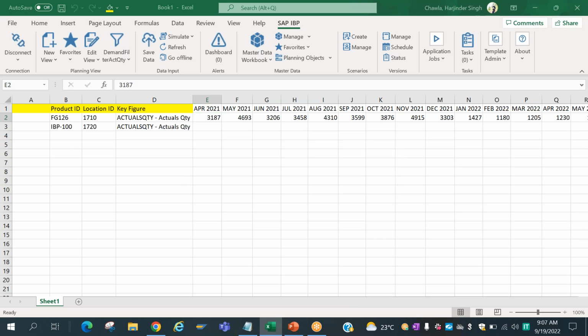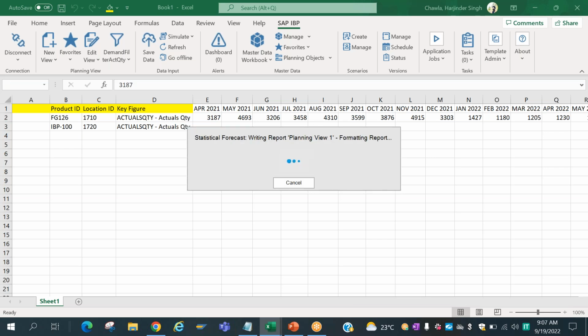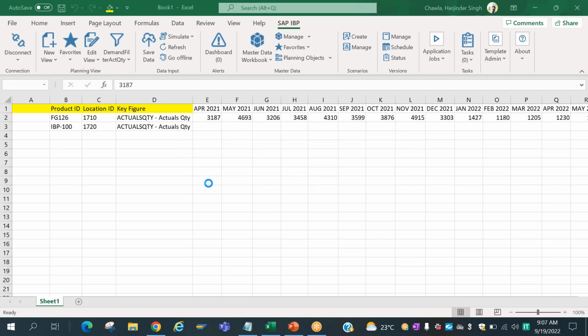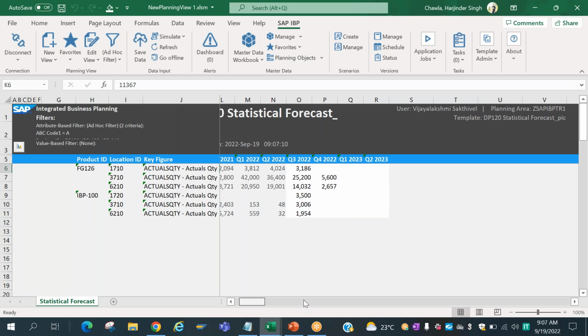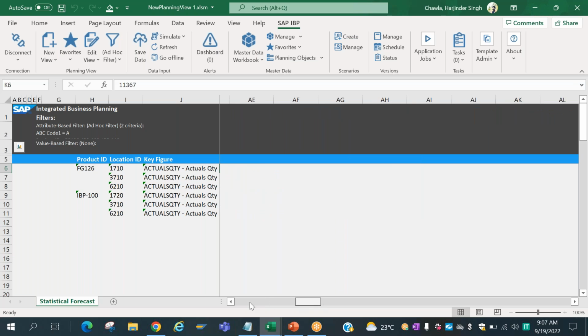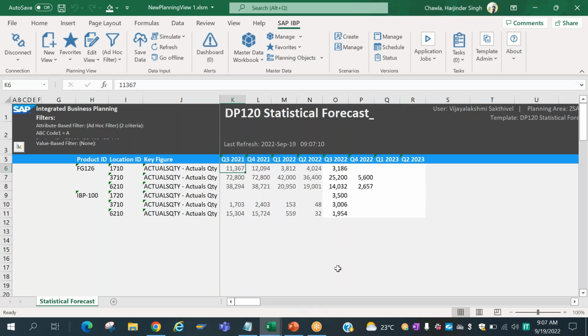The data will remain the same, only the view changes. So we can put our company logos and design it during the implementation phase according to our convenience, and then use the same template.